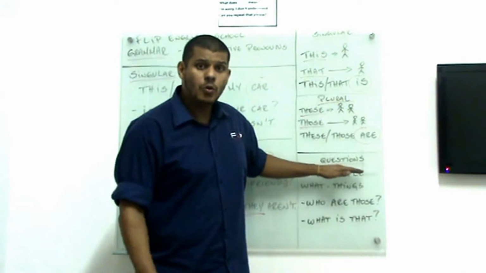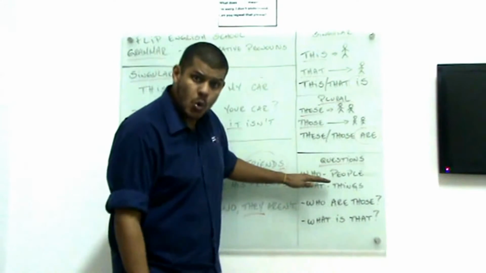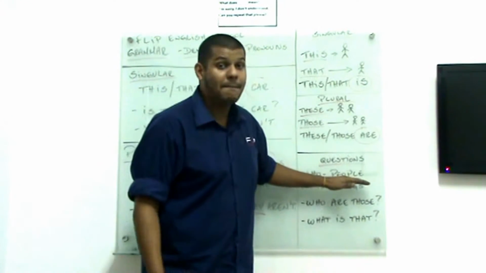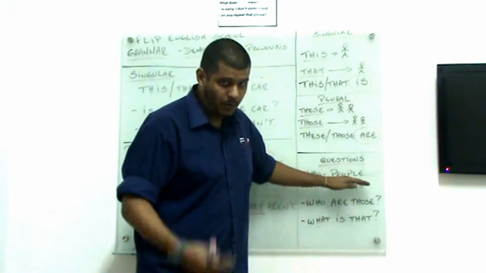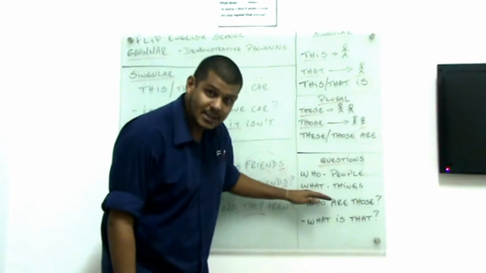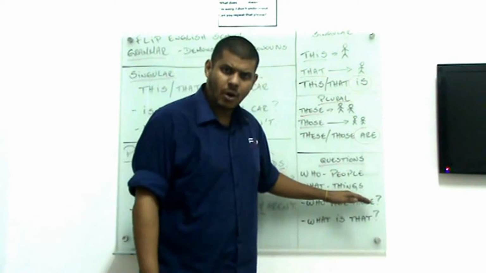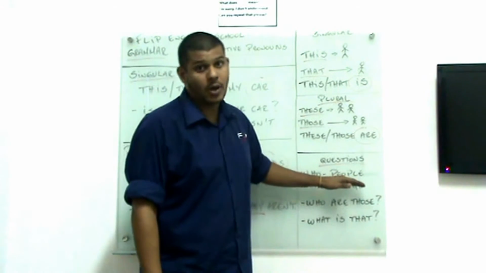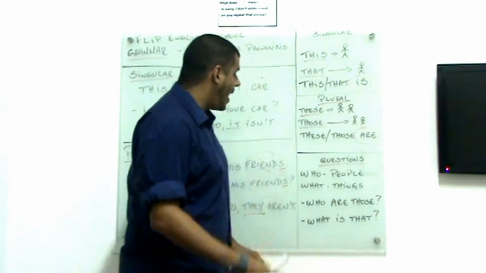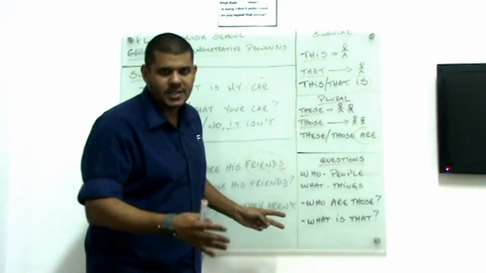So I have two different expressions that we can use to make questions. First, we have who, alright? When I use who, I create questions about people, alright? About people, about me, about you, about everybody, about people in general. And when I use what, I am talking about things, situations, objects, alright? But remember, when I use who, I talk about people. When I use what, I talk about things in general. Okay? So here I have two different examples of how to use who and what in questions, alright?